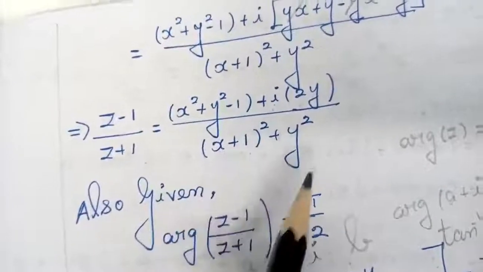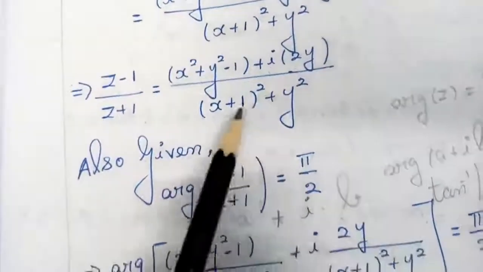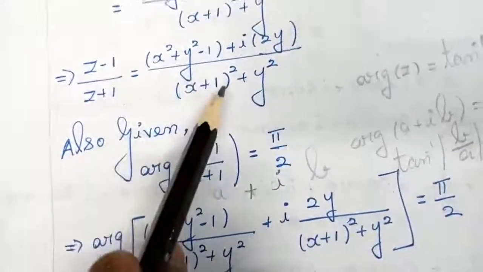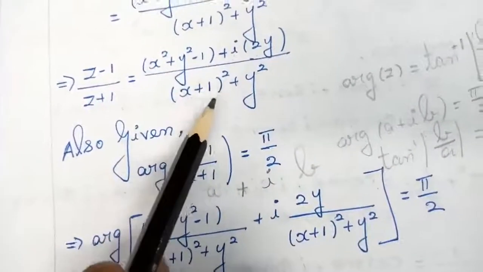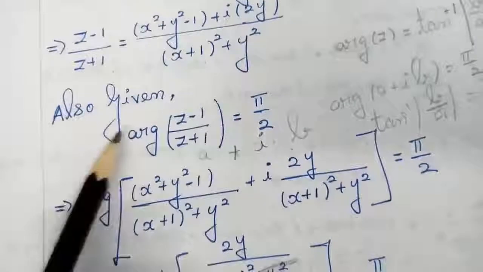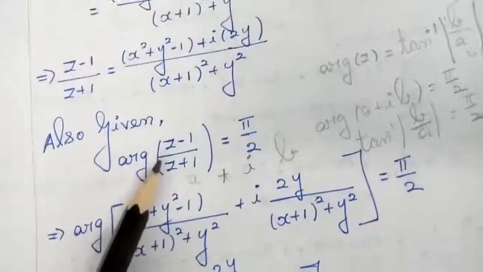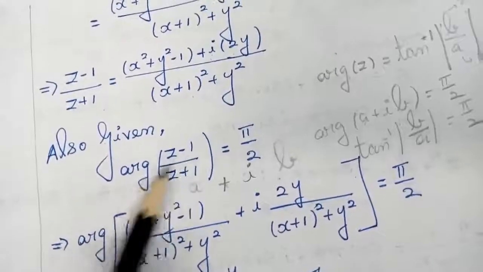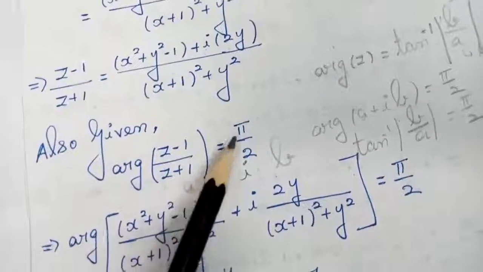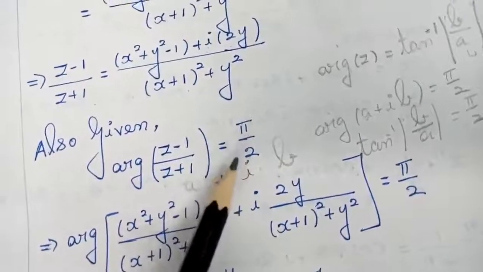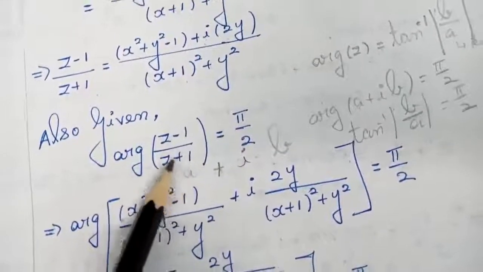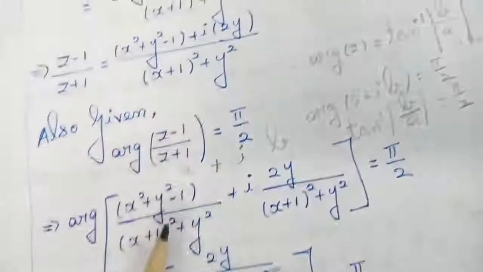If you check the denominator part, you do not have an imaginary value, so you will get a value like this, students. The sum can be done in any way, I am just following this method. Now I am going to take another part of the question. What is given in the question is argument of (z minus 1) divided by (z plus 1) is equal to pi by 2. This is a condition. I have found the value of (z minus 1) divided by (z plus 1) alone, and this is the value. Replace here.